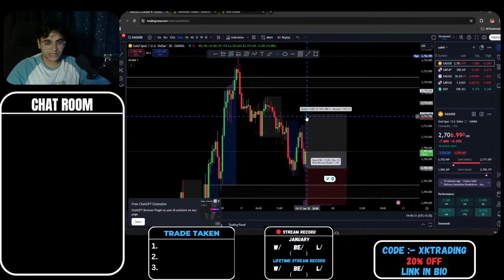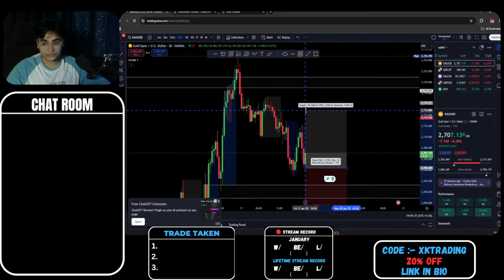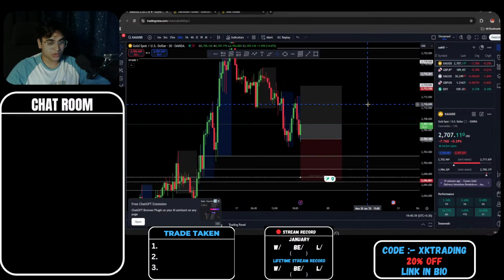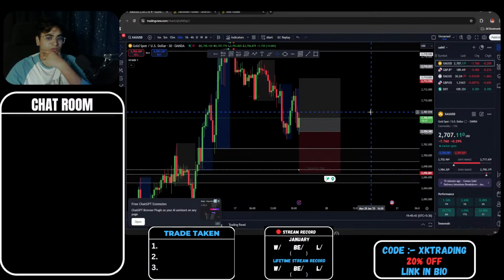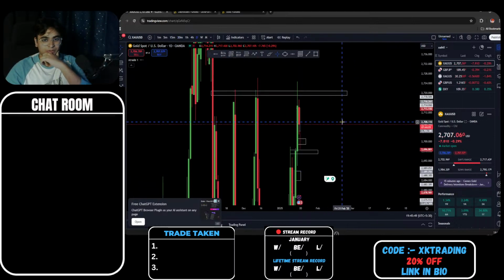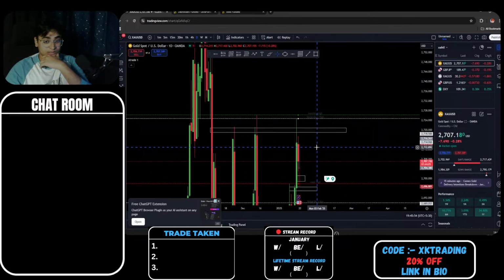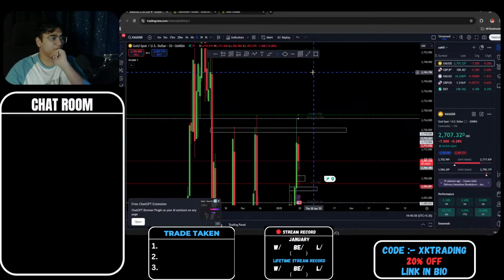But at the same time, according to me, there's a high probability this daily candle will be closing around 2714 or so. That's what I'm hoping on. In the meantime, we'll see what price does. According to me, we're going to close bullish today as well. There's a high probability we can first take out the highs, then we close like a doji candle, or either we will just break all of the structure above and tap into 2743 or so.